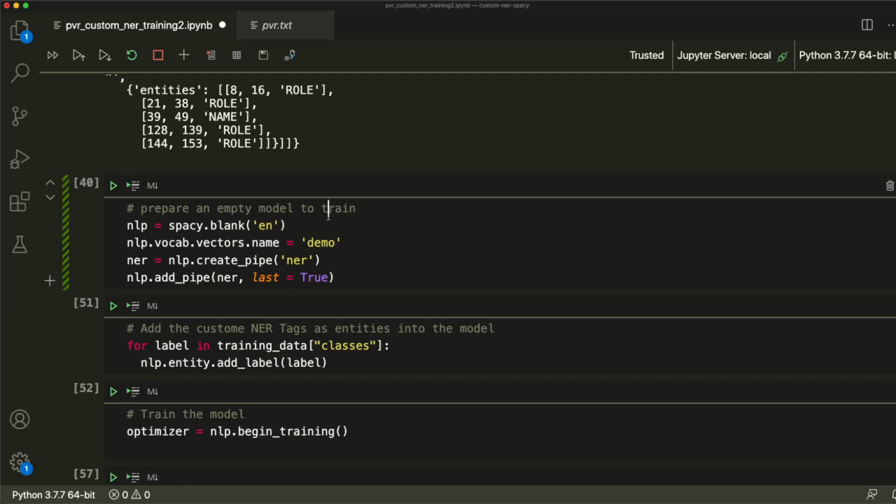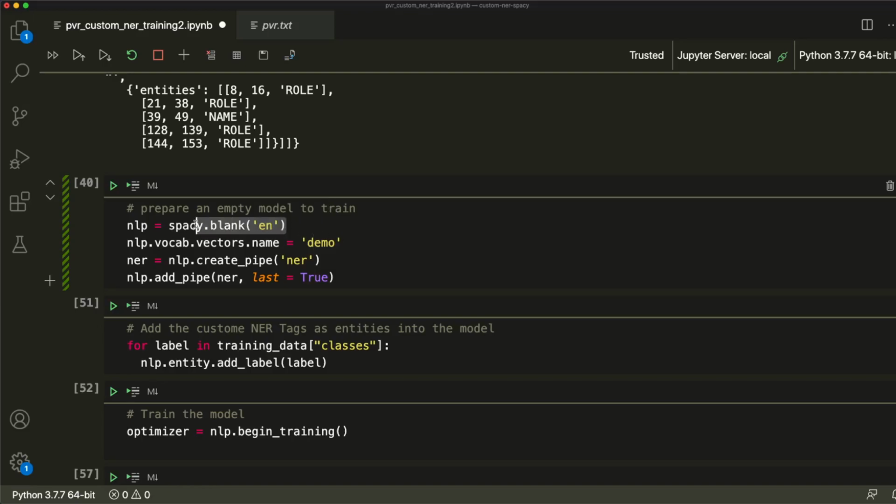But it is wiser to use an existing English model and then extend it with the annotations that you have done. That's what most people do rather than using an empty model, because you are leveraging what is pre-trained, and you are extending that pre-trained model with whatever you have annotated and trained.